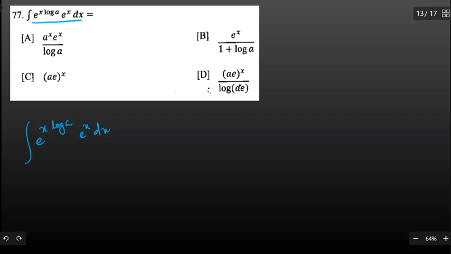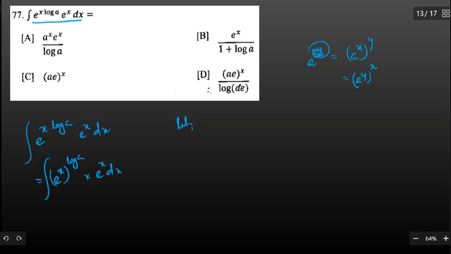Now we can write it like this: e raised to the power x whole raised to the power log a, because a raised to the power xy is equal to a raised to the power x whole raised to the power y, which is equal to a raised to the power y whole raised to the power x. So something in multiplication in the exponent can be expressed like this, into e raised to the power x dx. Now let